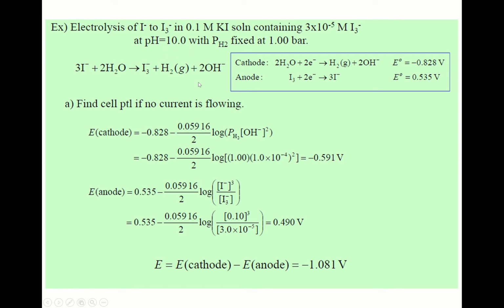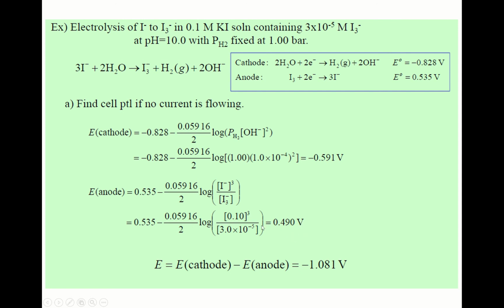Because pH is 10. And for the anode reaction, we write the Nernst equation, okay, and we write it this way, since the potassium iodide concentration is 0.1 here, and triiodide is here, okay, 3 times 10 to the minus 5, and then we get